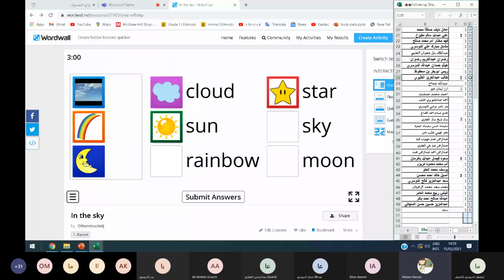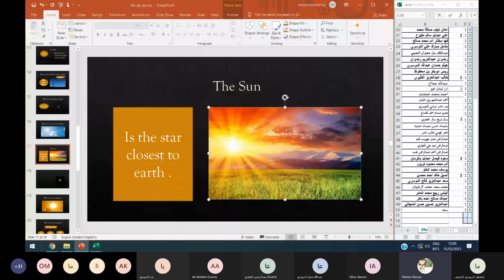Sun. Yes, like the sun. Amazing, Talib. So the sun is a star that can make its own light, but it's closest to the earth. So it lights all the sky and all the earth during the day. Okay? In the daytime,